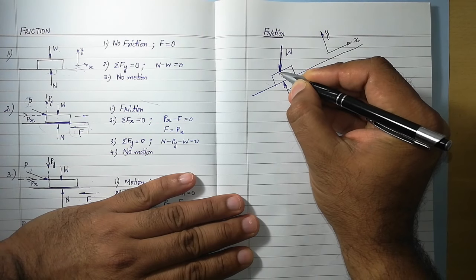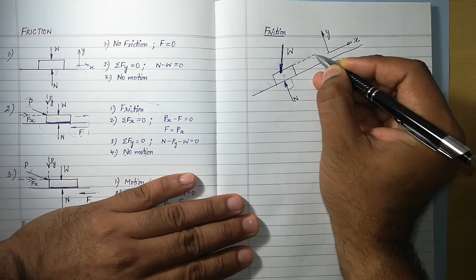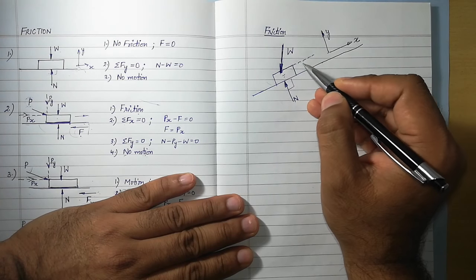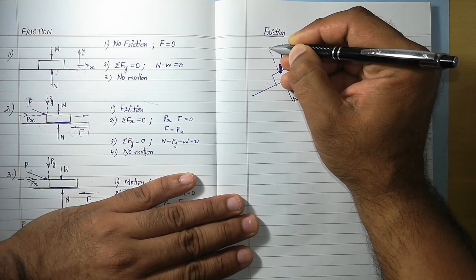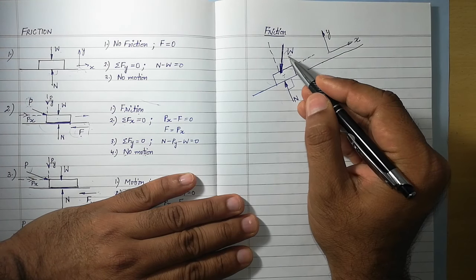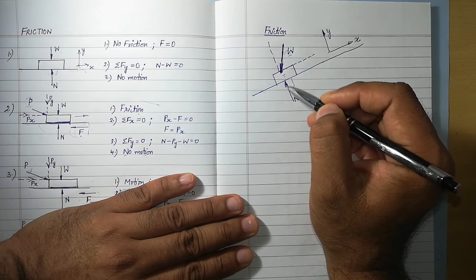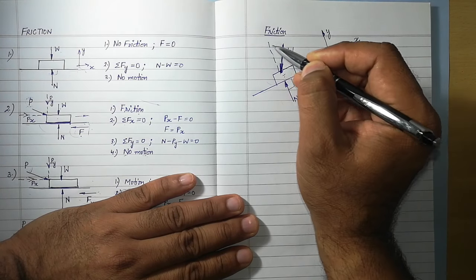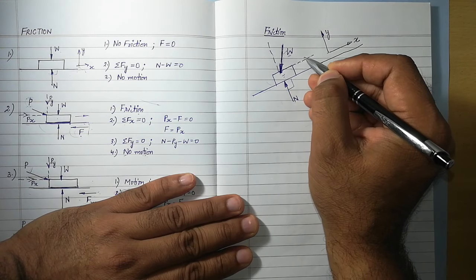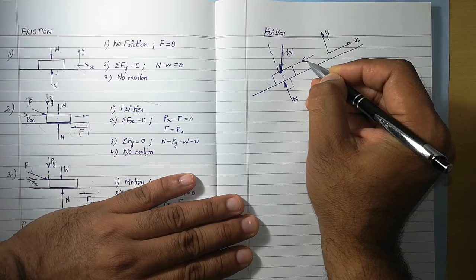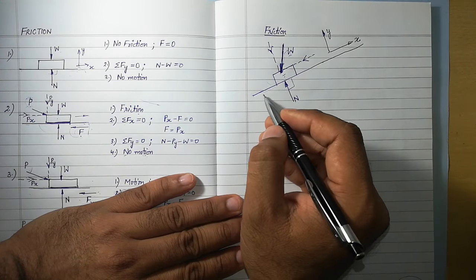So suppose here is the point, and from this point let us represent its component along the x-axis, and another component will be normal to the surface. We can say one component of W is along the surface, along the x-axis, and another component of W will be normal to the surface, or along the y-axis. Now the arrowhead is towards the origin, so on these components also show arrowheads towards the origin. Fine. Then we have to see the angle.